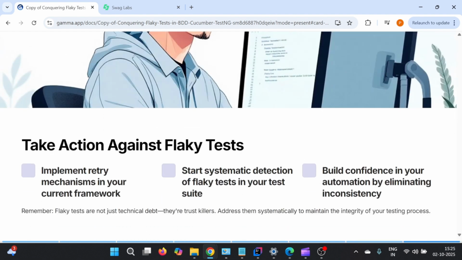Then once we have identified these flaky test cases, we need to act upon them. If the environment is flaky, meaning slow or unstable, we can use a retry mechanism, though it is not recommended. If the environment is not stable, the first thing is we should get it stable. If they are not stabilizing it, but we want to validate the functionality, we can implement the retry mechanism